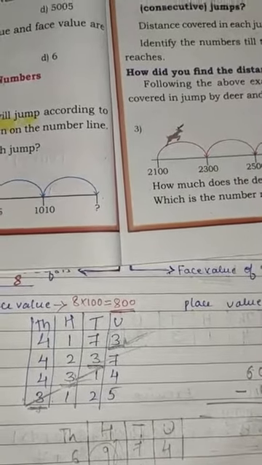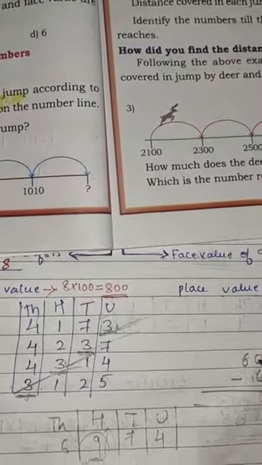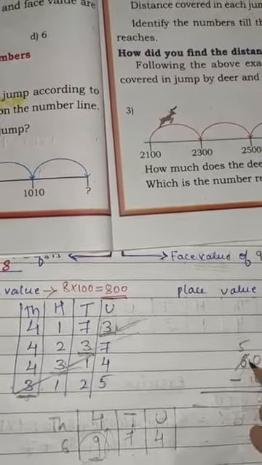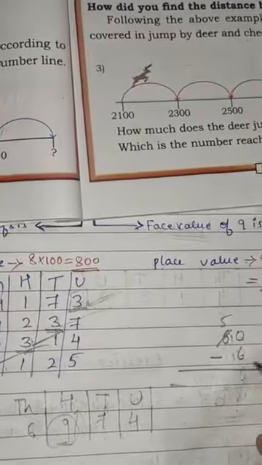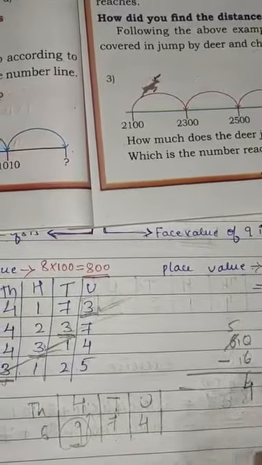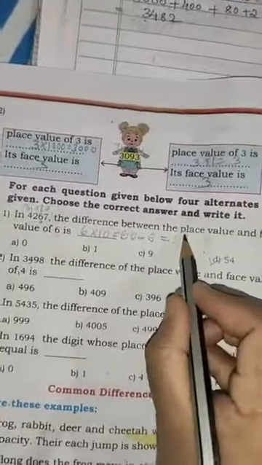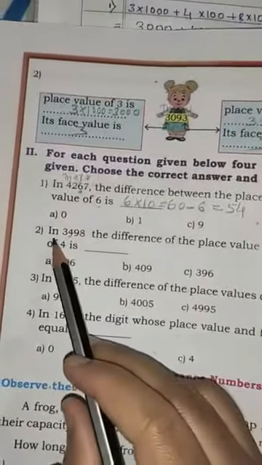We can't minus 6 from the 0. Yes, we have to borrow 1 from here. It will become 5. It will become 10. So, 10 minus 6, 4. And the 5 is as it is. So, 54. So, what is the right answer here? 54 is the right answer. Right? Okay.